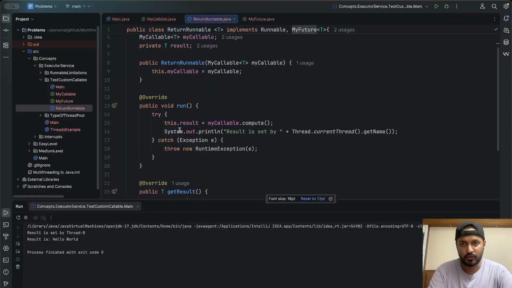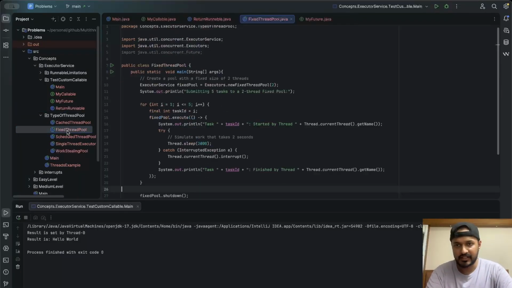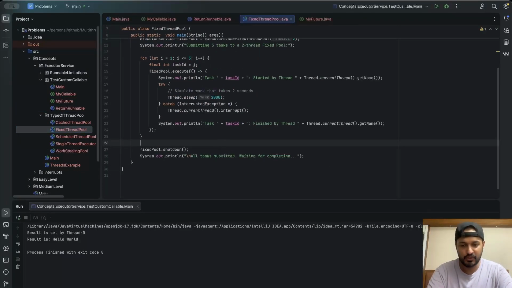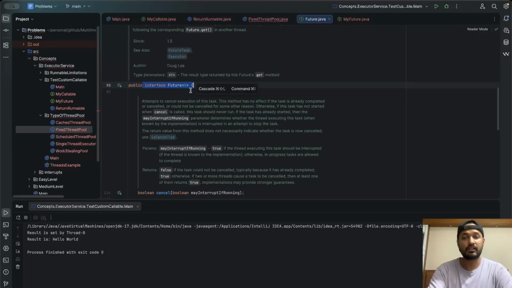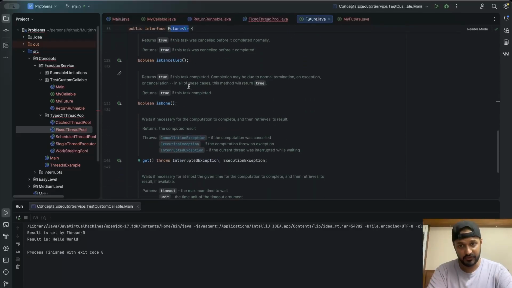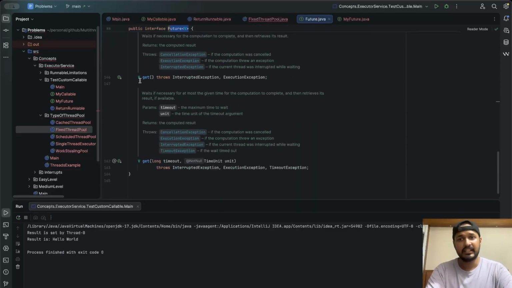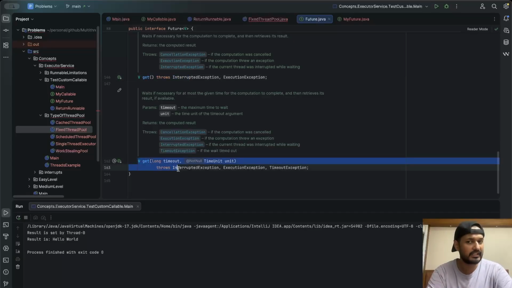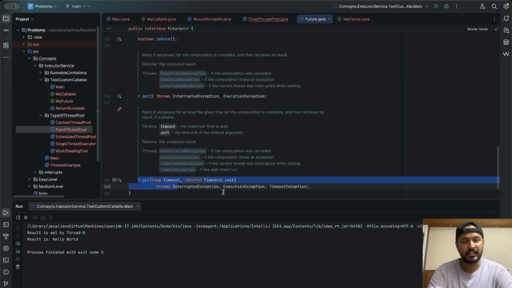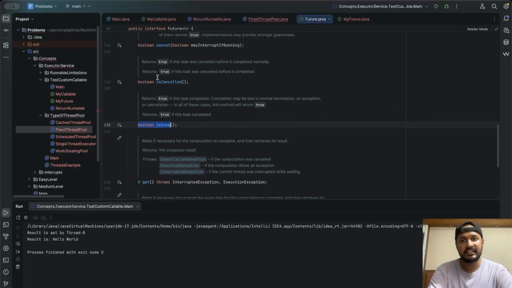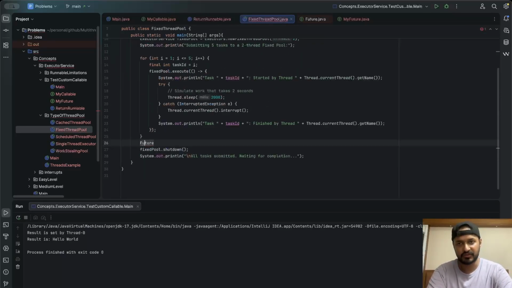Now if I go back to IntelliJ, inside this fixed thread pool, and I write Future, you are not scared of this Future interface. Correct? Because you know that for the Future interface we have already implemented this get method. We have some more methods like get with different parameters, isDone, isCancelled, cancel, all those things, correct?